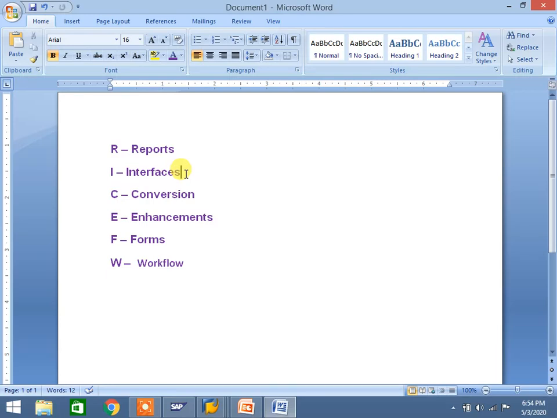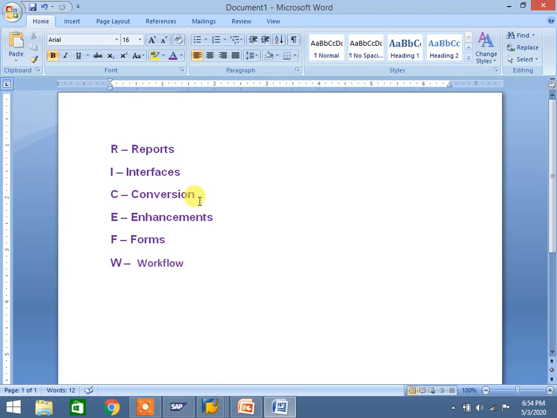Okay, conversion. What is conversion? Whatever data we convert from a legacy system to the SAP system is called a conversion. Example, while implementing SAP, we upload customer master, material master, condition master, GL master, cost centers through LSMW.